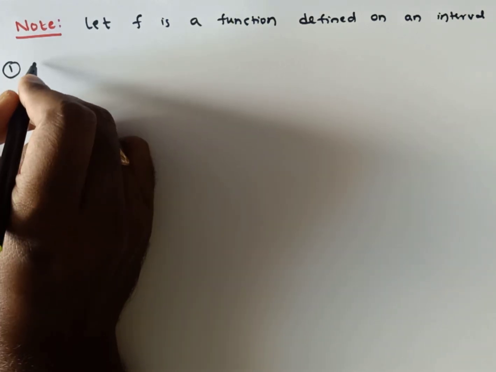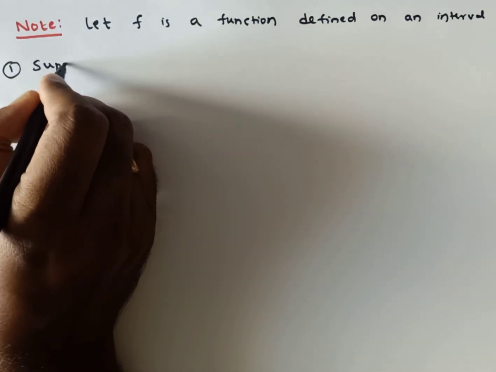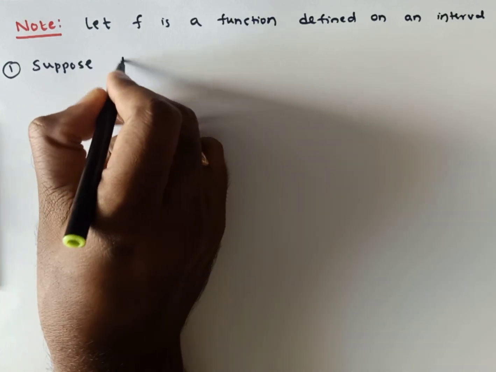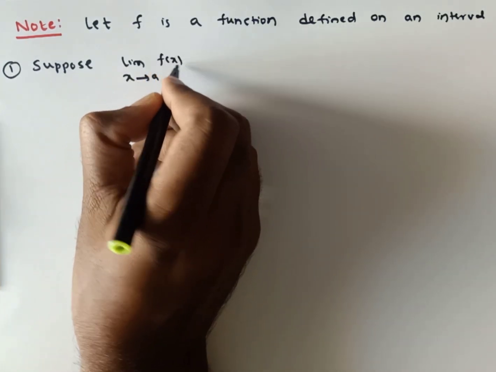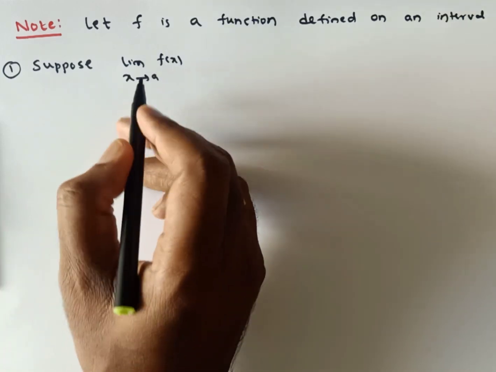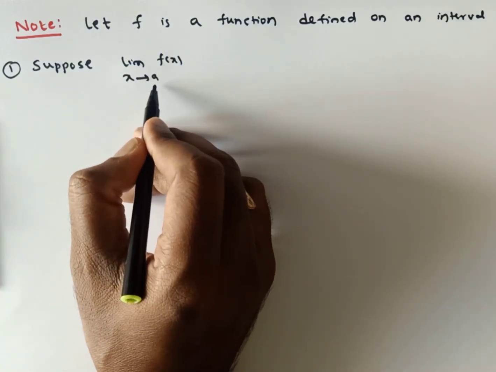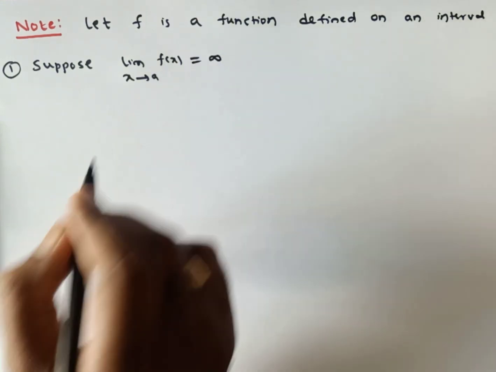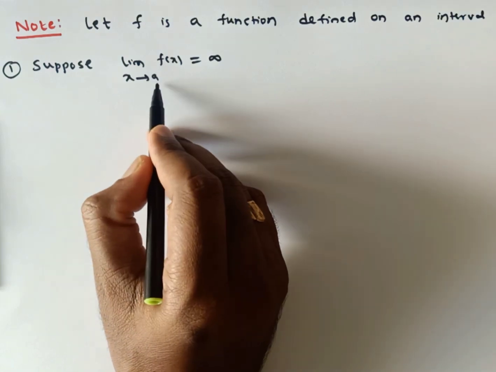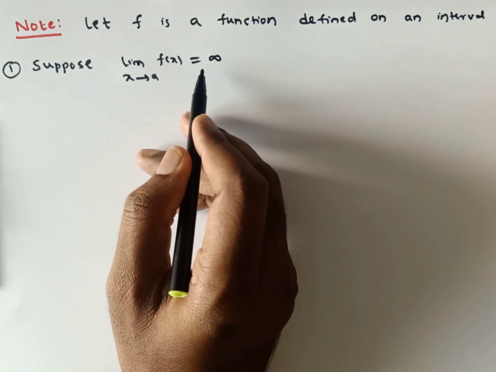See the first point. Suppose the limit as x tends to a of f of x approaches a finite value. The limit as x tends to a of f of x is not taken as infinity. Suppose as x approaches a, f of x value is infinity, then